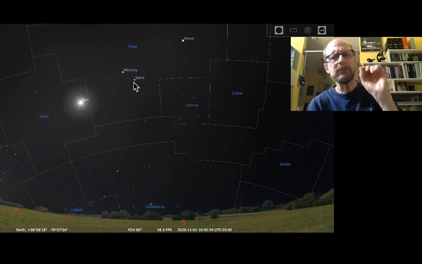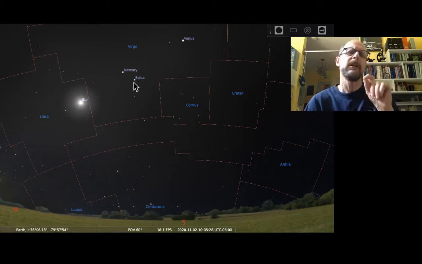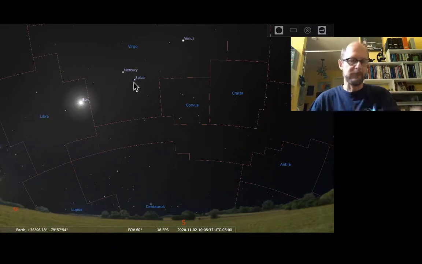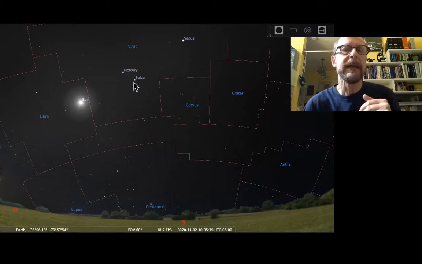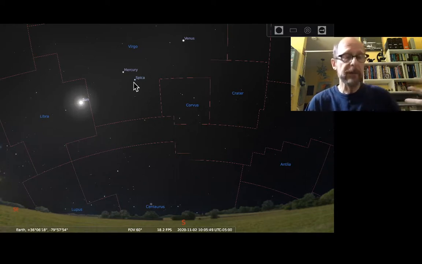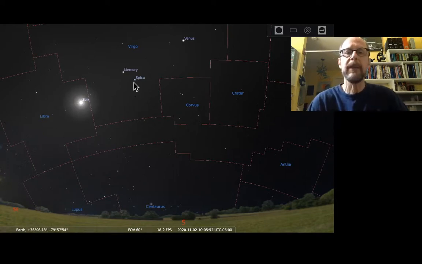If we need to know precisely where it is, yes, we can give the coordinates, right ascension and declination, just like your friend. If you really needed to know precisely where they were, they can pull up their GPS app and tell you their latitude and longitude. But just for a mental picture, a labeled patch of sky is good enough. And that's what the constellations are. There are 88 of them.